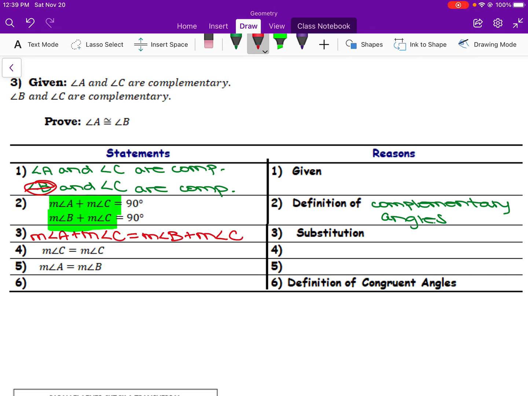A next thing that we can establish, it's not deducing it from step 3, but it's just kind of a separate consideration, is that the measure of angle C equals the measure of angle C. That's just my reflexive property, right? Remember that a quantity equals itself. And then we're also making this side note that the measure of angle A has to equal the measure of angle B. And this is just my